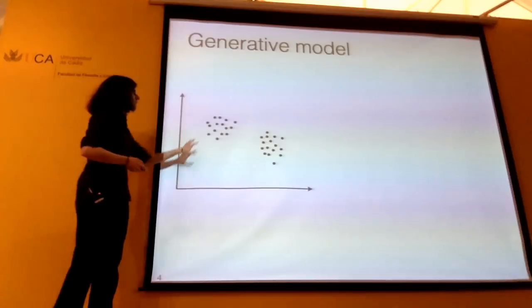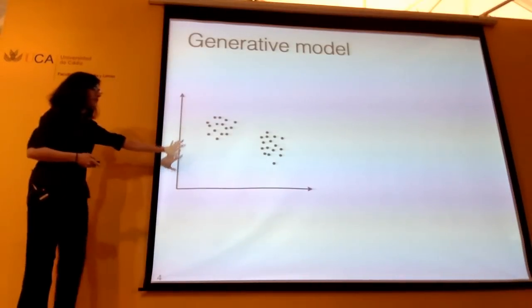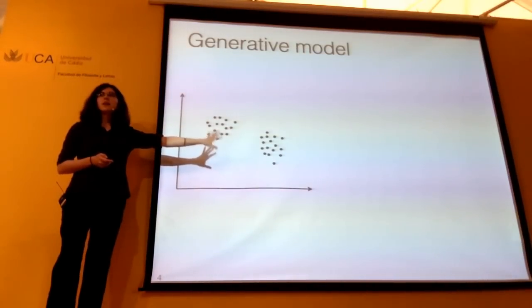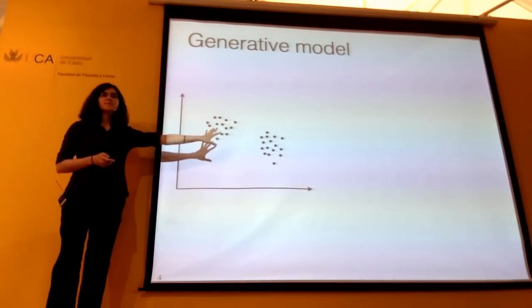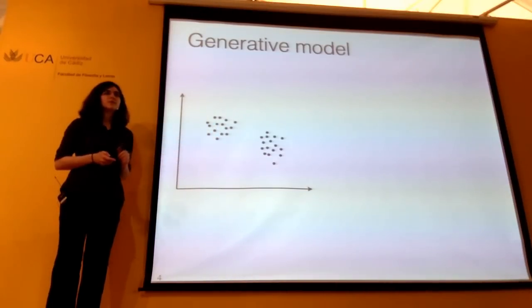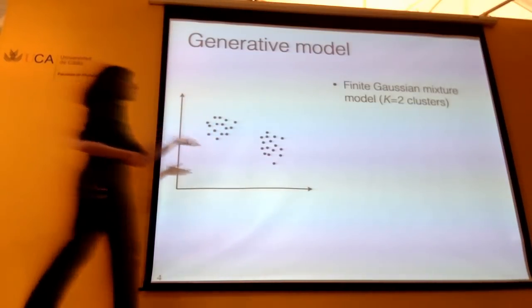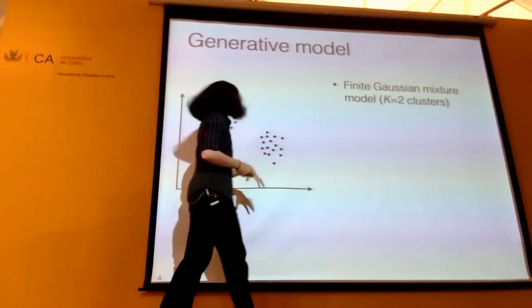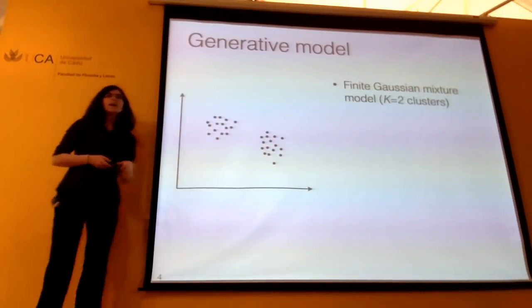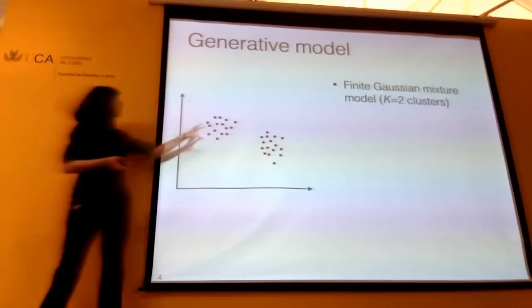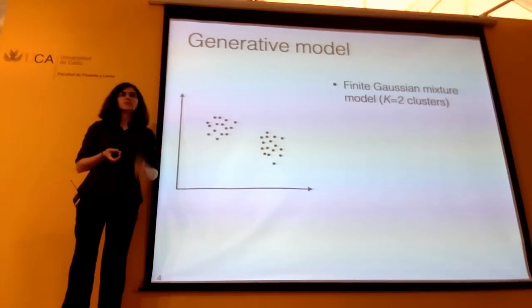And so, in particular, as an example going forward and throughout the rest of this lecture, I'm going to be thinking of mixture modeling. And I'm going to start off with a finite dimensional mixture model. So we're going to do a finite Gaussian mixture with two clusters. So there are obviously two clusters here, and the idea of the inference here would be that you would just want to find these two clusters.